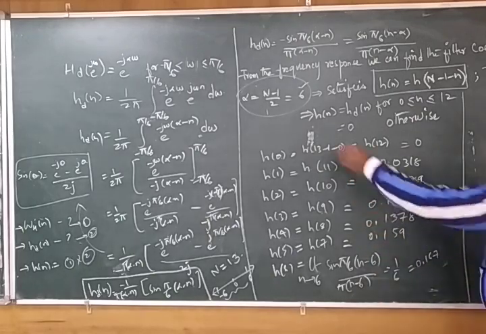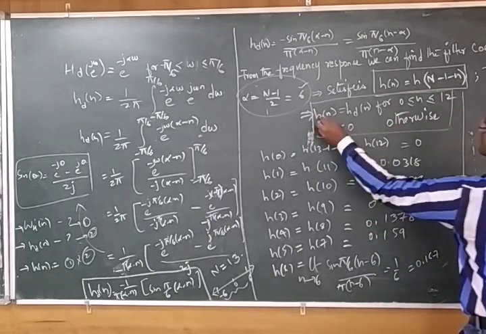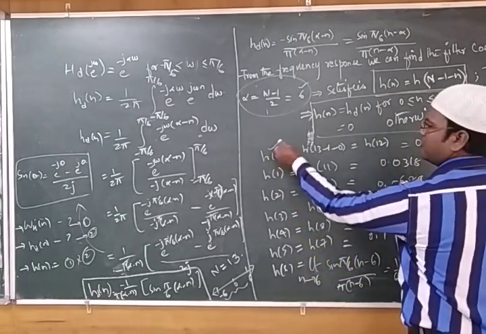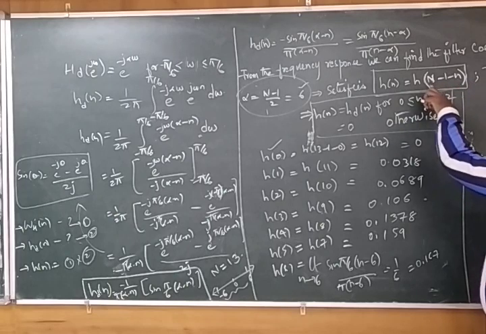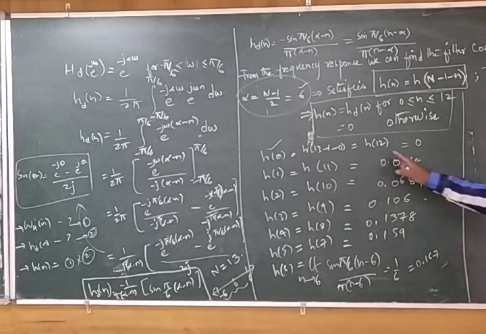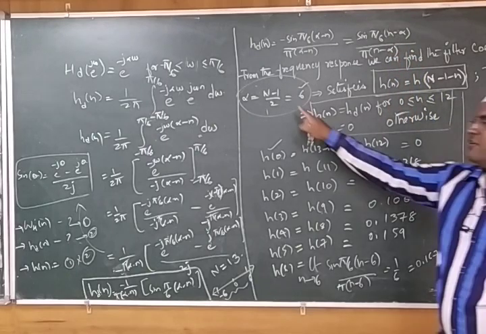If you want to get h of n in terms of hd of n, the values are from 0 to 12. 13 minus 1 is 12, so 12 minus 0 is again 12. So we found the filter coefficients. Substitute all the coefficients, put n equal to 0. Capital N is 13, so 13 minus 1 minus 0 is 12. Substitute this 12 for small n. What is alpha here? 6.